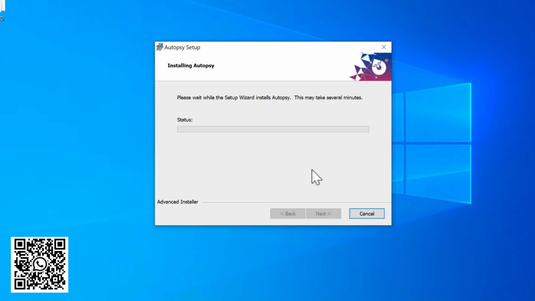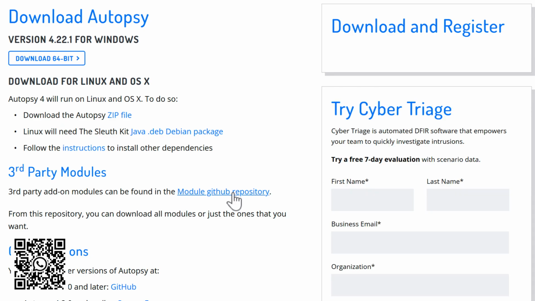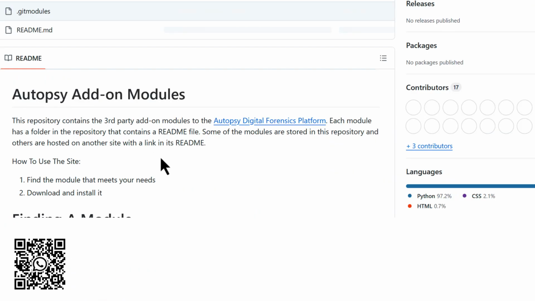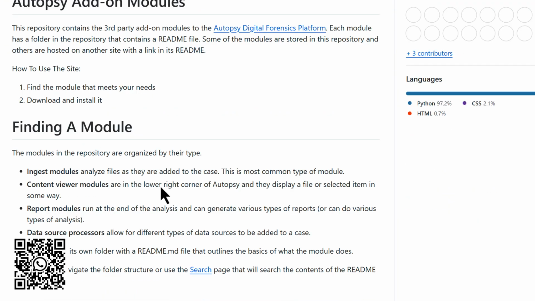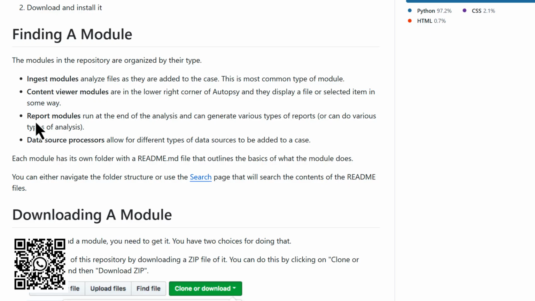We don't want to open the readme text, so we deselect the option and click on Finish. Once the installation is complete, everything is fine. You can go to the Autopsy page to check third-party modules, and if we require, we'll be installing them. Third-party modules include modules that allow us to generate reports and various other modules which are not required right now. So if you want, you can install them. Once you visit their official website, you will be presented with a screen and a GitHub repository where installations will be shown.